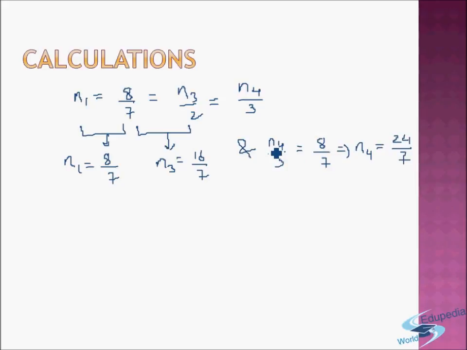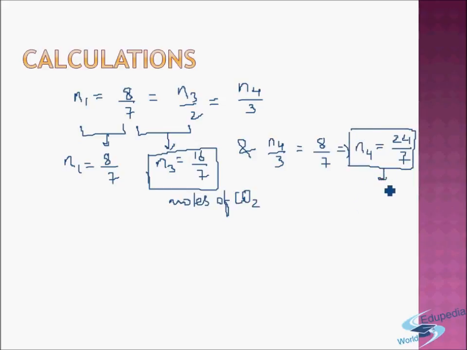So this answers the product side part of the question. These are the moles of CO2 formed in the reaction finally. And the moles of H2O liberated, if it is in gaseous form, are the moles of H2O released, and if it is in liquid form, the moles of water formed will be 24 by 7. So we have solved the next part of the question.